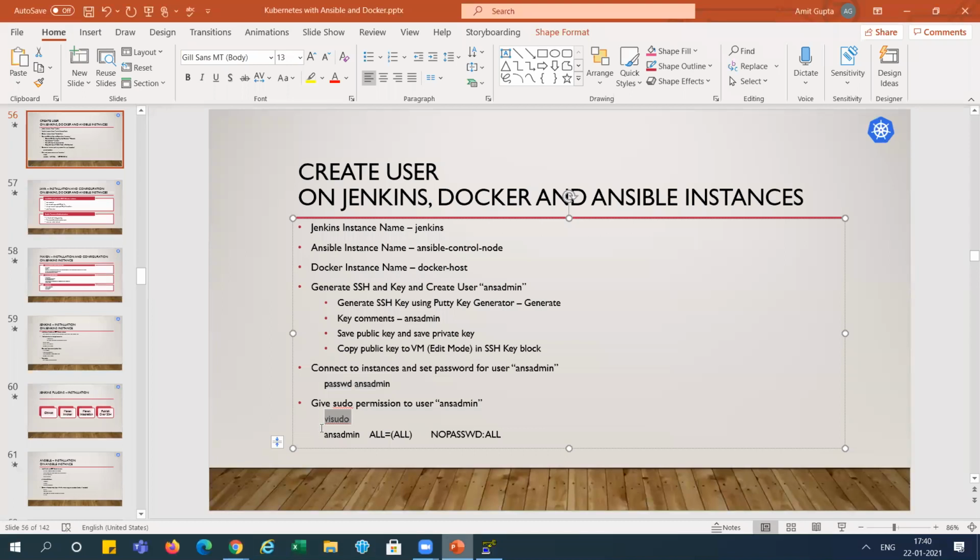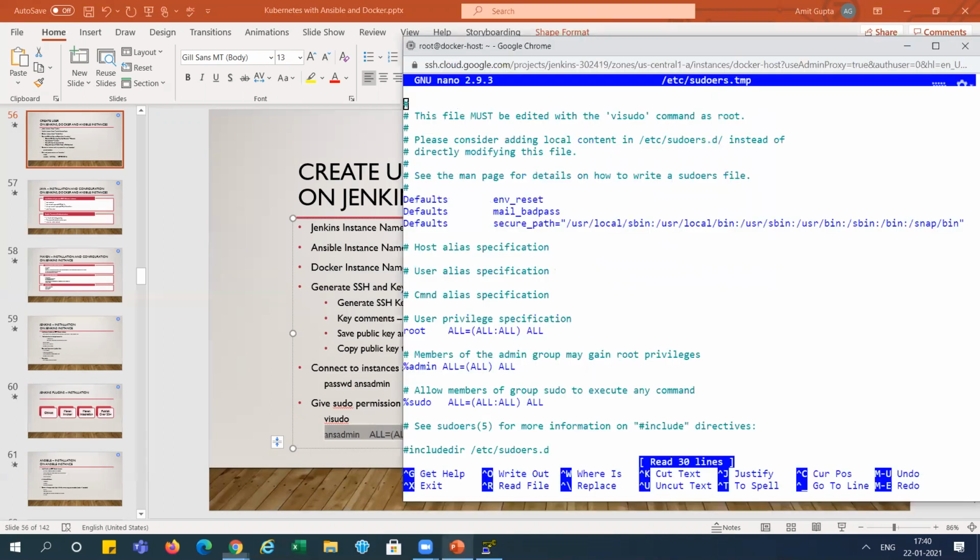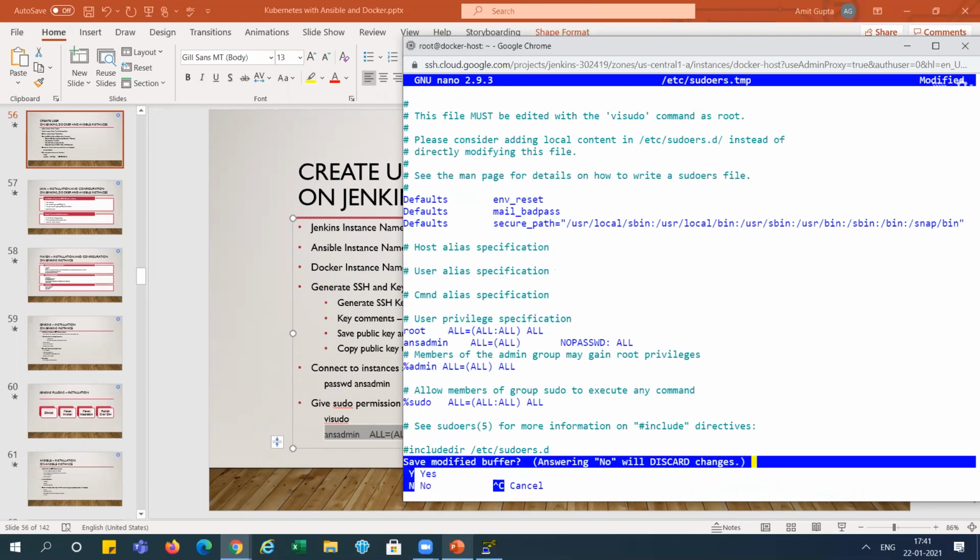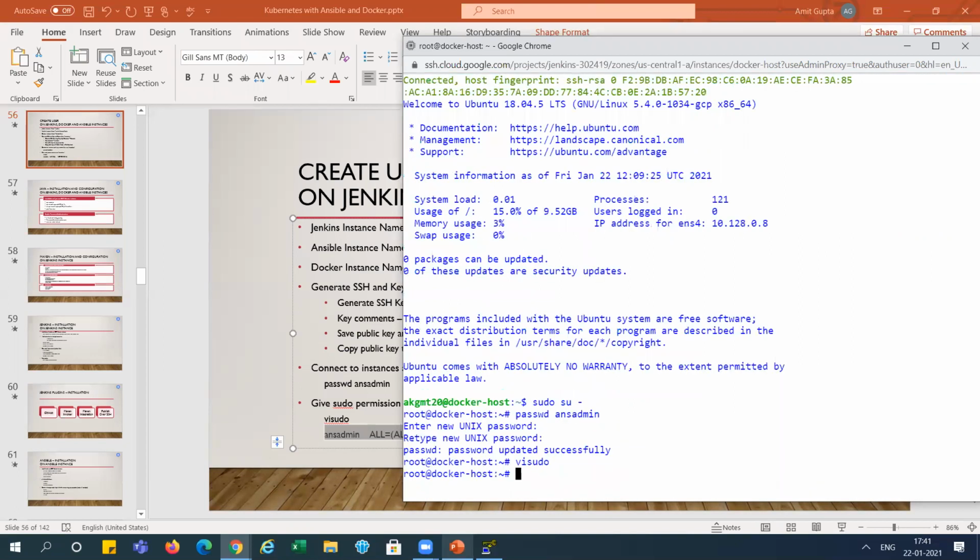So we need to add this line. It's copied and it's done, right?